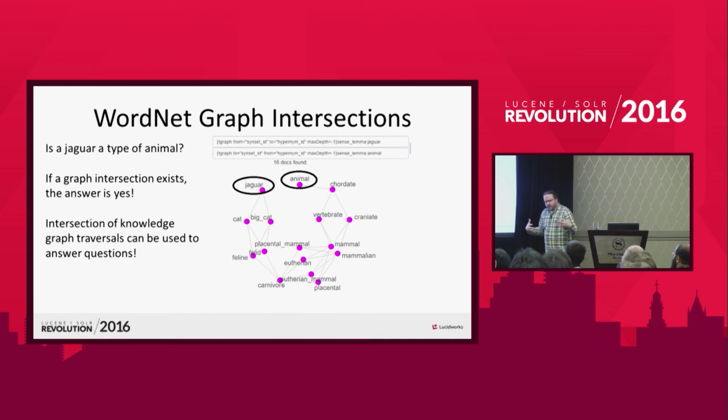Interestingly, you can actually intersect these graph traversals, right? So maybe you're actually interested in what are all the paths in this network that get me from one thing to another. So I can actually flip the direction of the traversal by changing the to and the from field. I do one query for jaguar, one query for animal, and basically by the intersection of these two graph traversals, we can actually use inductive reasoning, right? Basically, we can use this graph query to provide generalized artificial intelligence and answer a question, for example, is a jaguar an animal, right? And if there is an intersection between these two things, and if this is a non-null result set, you can answer that question and say, yes, it is,